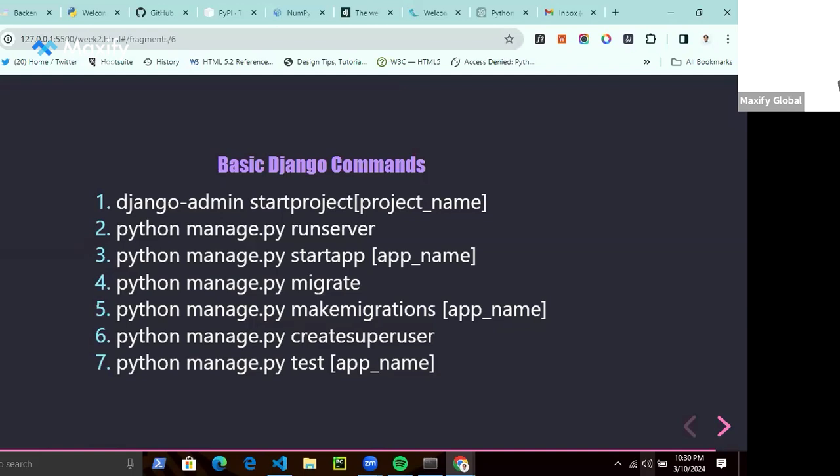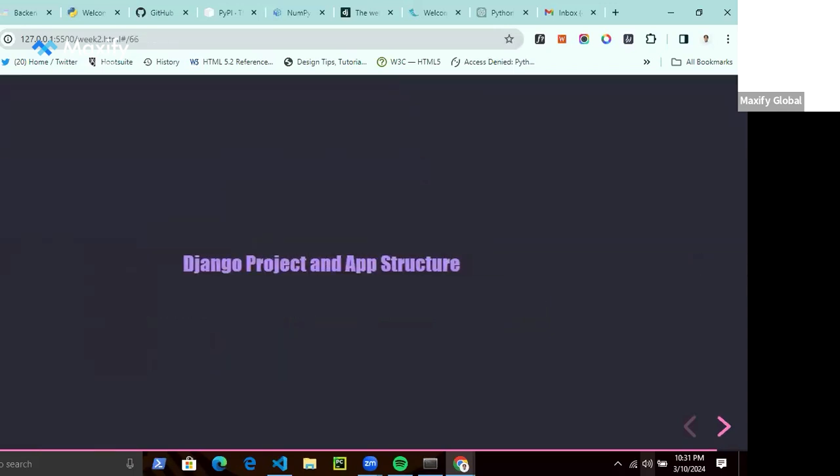These are all industry standard. When you're building an application, you must run unit and integration tests. And we're going to look at all of these things when we begin to build projects. So to recap, we have the startproject command, the runserver command, the startapp command, the migrate and makemigrations commands, the createsuperuser command, and then the test command. These are the basic commands you typically run when you start your application. So let me quickly talk about Django project and app structure.